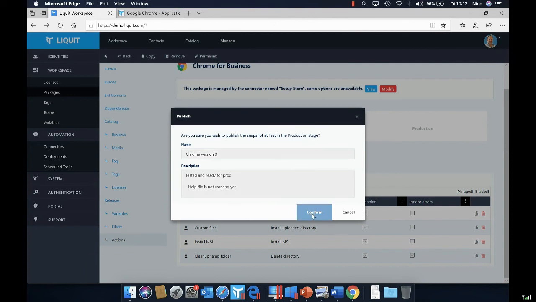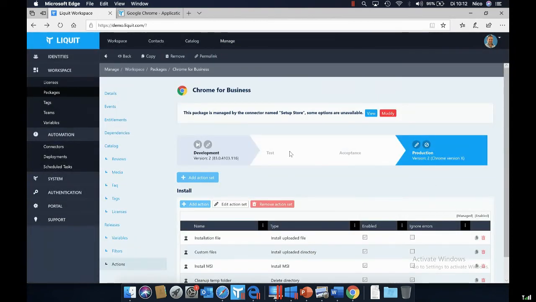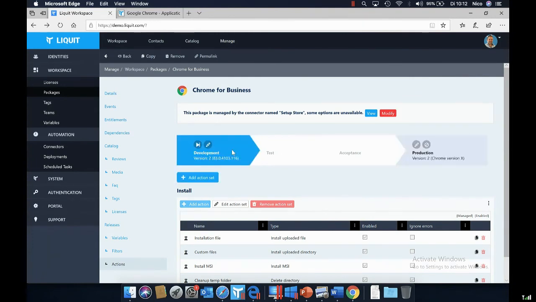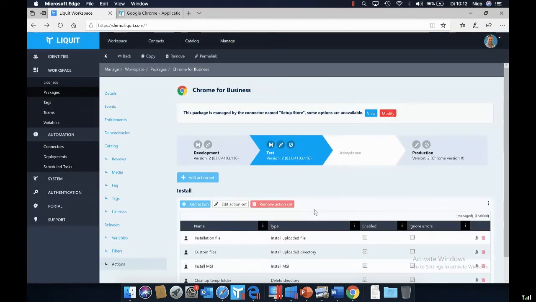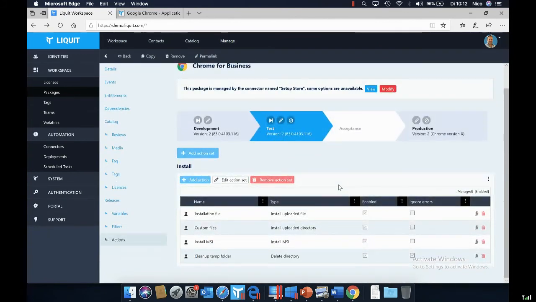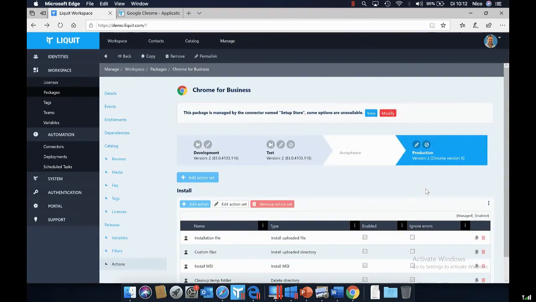Confirm. And now it's published into production. So it's removed from the test stage, and in development I can already rearrange this application and stage it to production to test again. So at any given time, 4 versions of Google Chrome can be available within one Liquit environment. So now the test users can test a new version, while the production users still work on the already